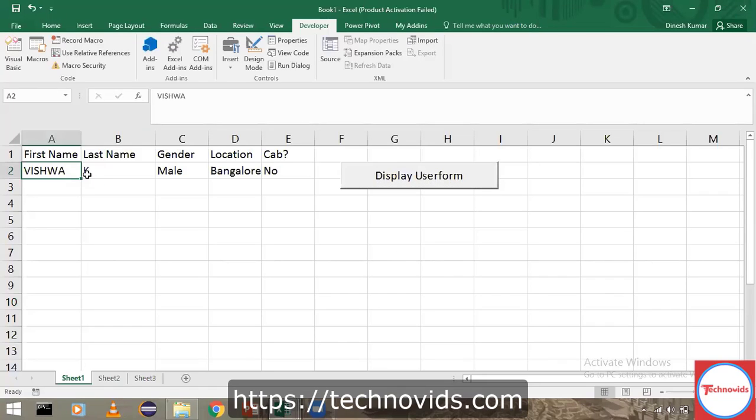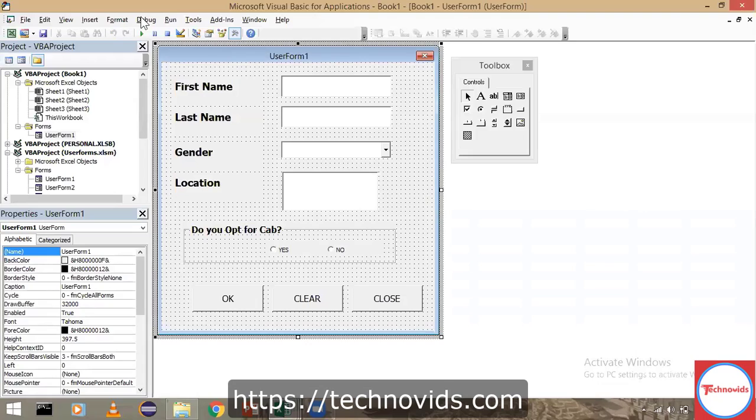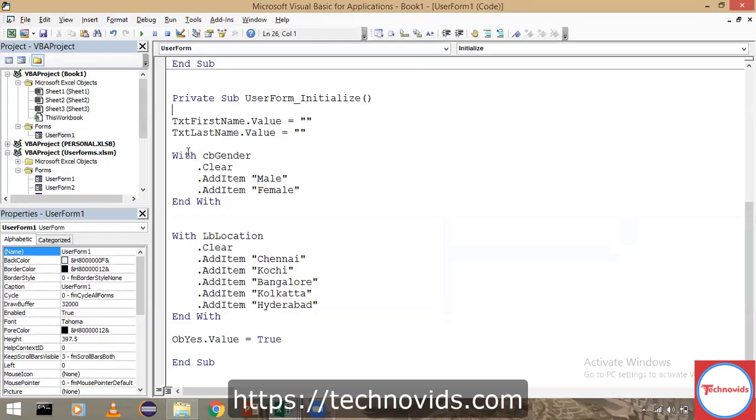And you might have a question here. I have data previously, and when I click on the user form once again, it is just replacing my data, overriding it. I don't want things to be overridden. I want data to be appended. Obviously, we have already seen how to do it. The same concept we are going to use here.